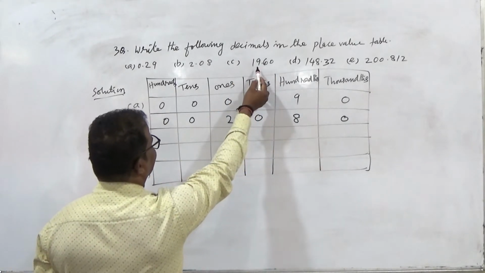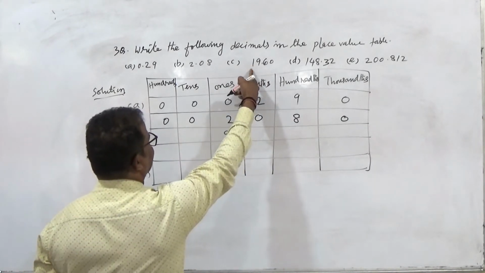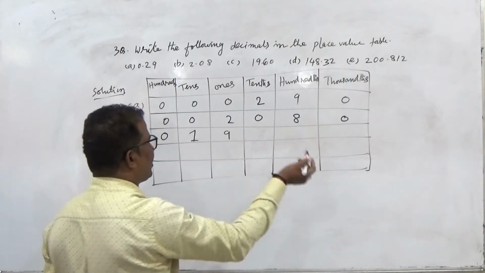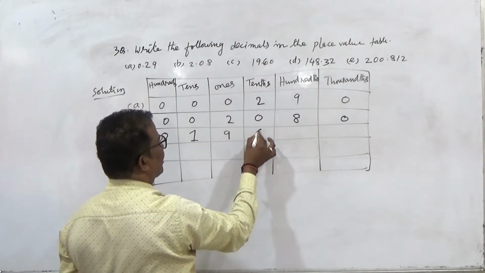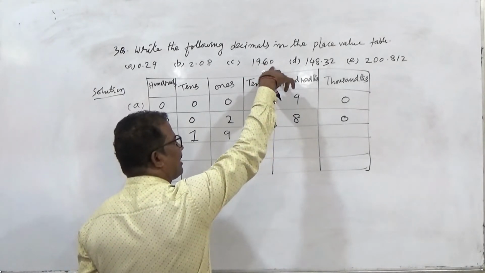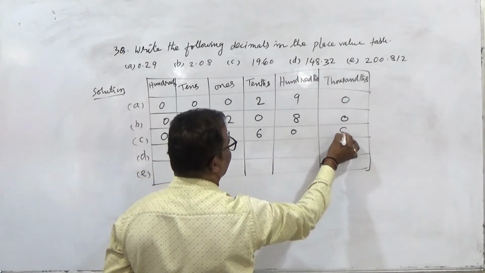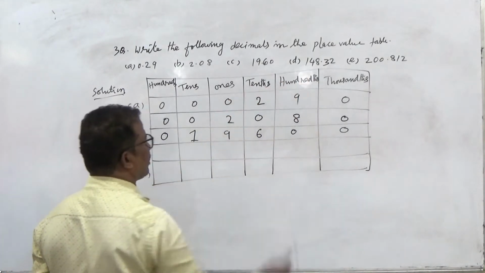19.60 means in the ones place 9. So in ones place we can write 9. In tens place it is 1. And in hundreds place nothing is there. Then after the decimal point, that is the tenths place, in the tenths place 6 is there. We can write here 6. And in hundredths place 0 is there. And thousandths place also nothing is there. For that also we can write here 0. And similarly for the D question, it is